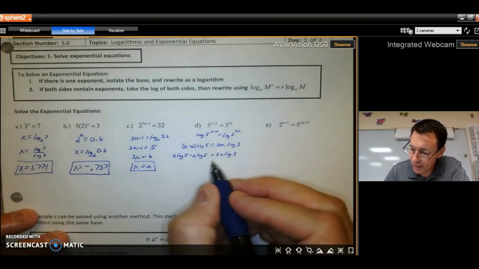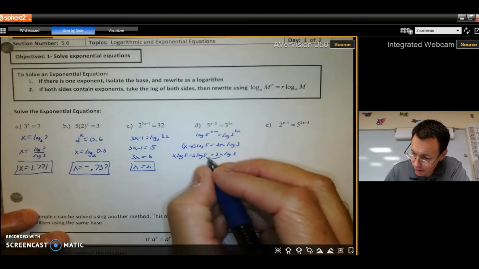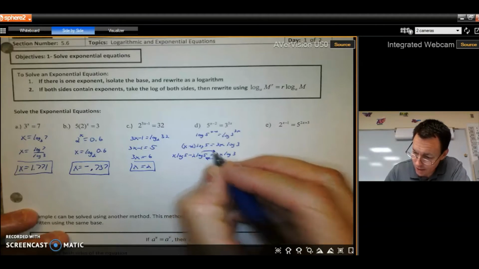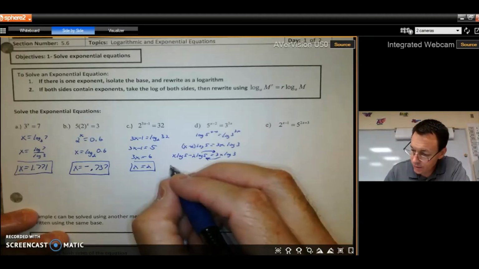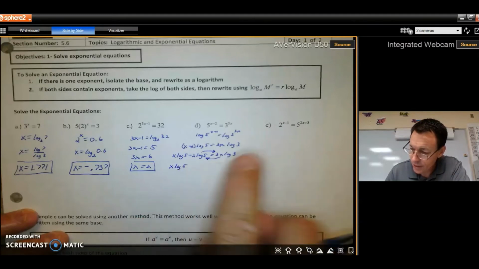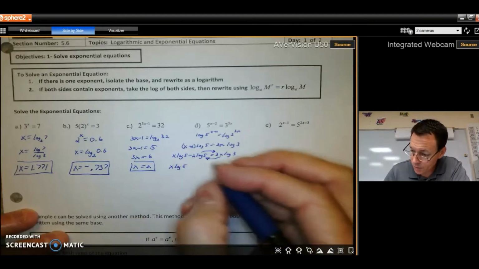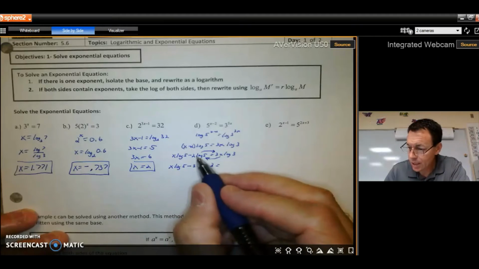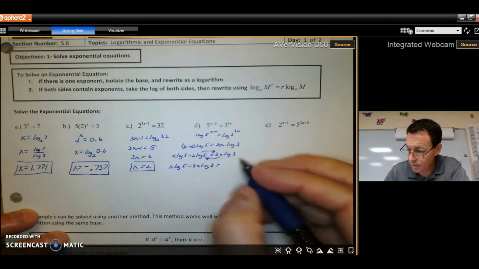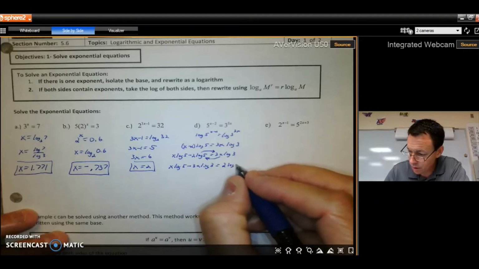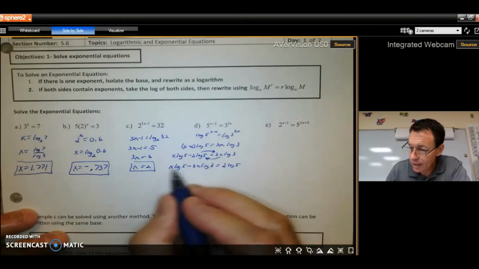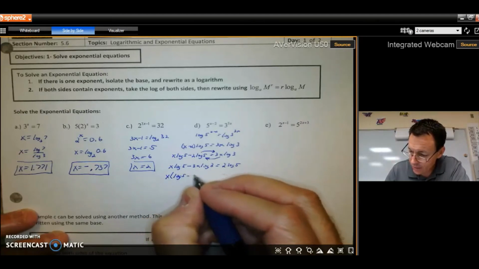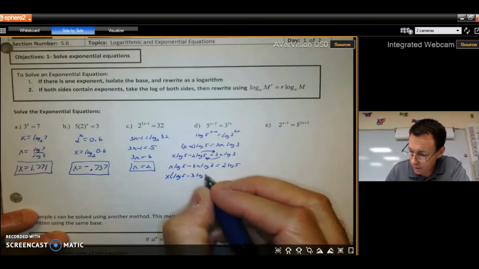So what I'm going to do is move my x's to the left. I'm going to move this guy this way, and this one that doesn't have an x, I'm going to move him that way. Okay, so I'll have x log of 5. This guy's positive, I'm bringing him over, so he's going to be minus 3x log of 3 equals, and then this was a minus 2, so it's going to come over here and become a positive 2 log 5. And then I've got the x's together, so I can factor them out, leaving us with log 5 minus 3 log 3